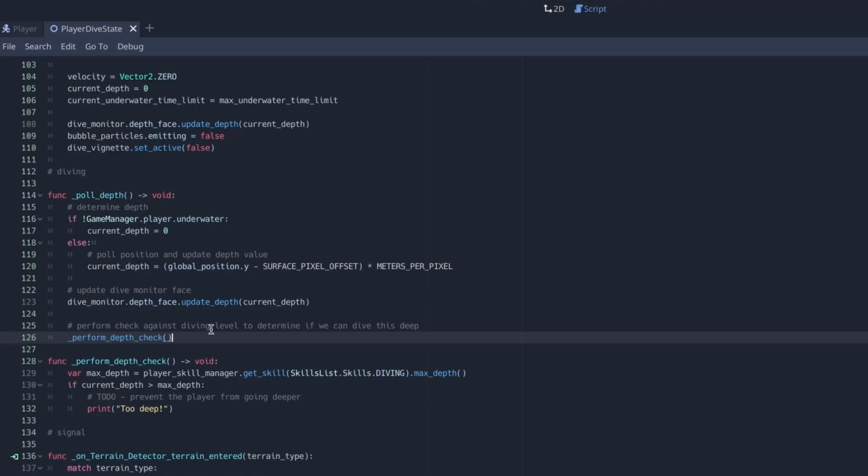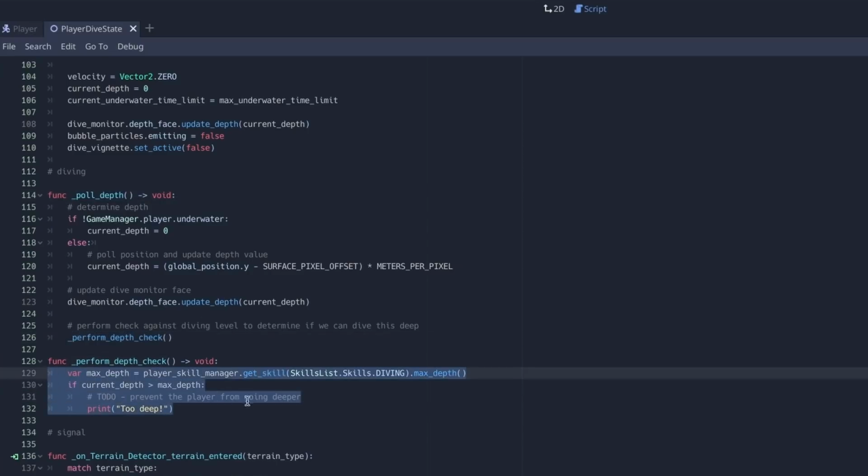So here within our dive state, where we are kind of polling for depth to figure out what depth the player is currently diving to, we have a new call to a function called perform depth check. And you can see just from the few lines of code here, what we're doing is actually querying the diving skill itself to retrieve the max depth. And the thought process here is that it really is, conceptually, the player's diving skill that determines how deep they should dive. So that's where I decided to place that